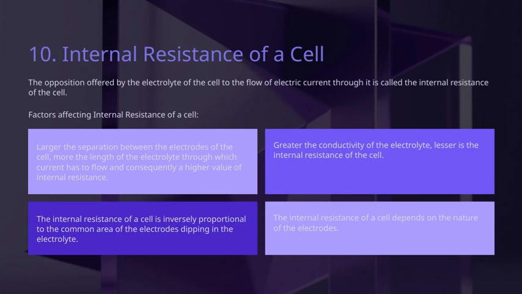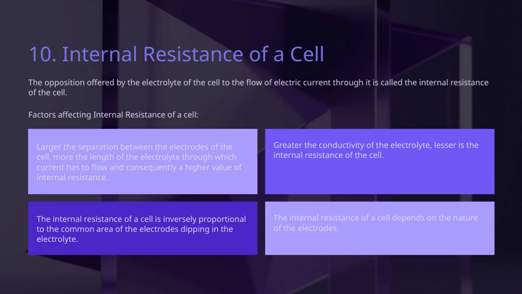Next, the conductivity of the electrolyte itself plays a crucial role. The more conductive the electrolyte, the lower the internal resistance. Think of it as a smoother path for the current to travel through. Another important factor is the area of the electrodes that are dipped into the electrolyte. The internal resistance is inversely proportional to this common area. So, if you have larger electrodes in contact with the electrolyte, the resistance drops because there's more surface area for